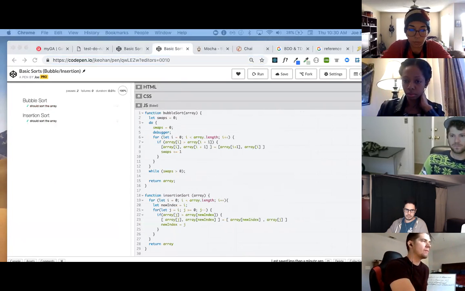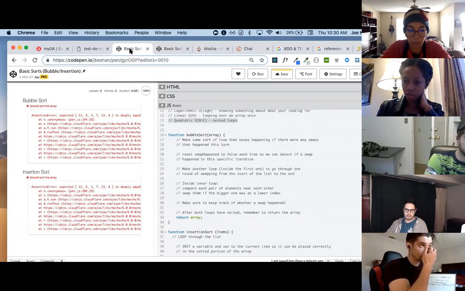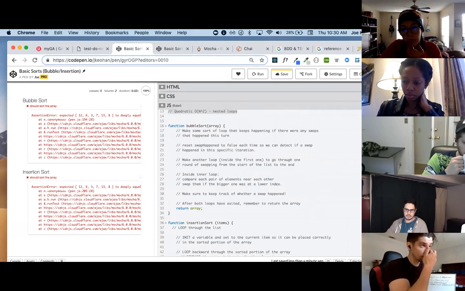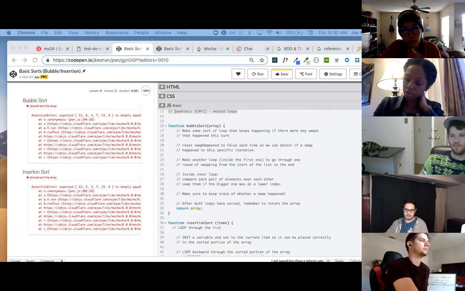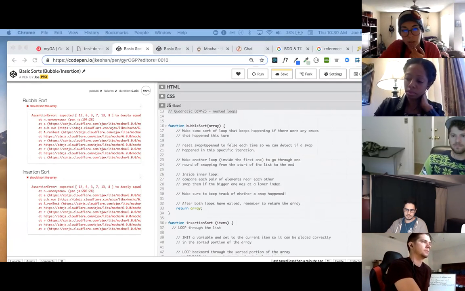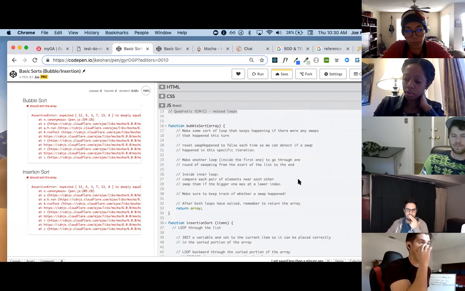We're going to code it out. I just want to show you there's the solution here, or one of the solutions. When we're doing bubble sort, there are at least two different ways to do it. I'm going to start with one kind of solution, and then we'll do a double nested loop so you can see what's happening, why this thing is a quadratic